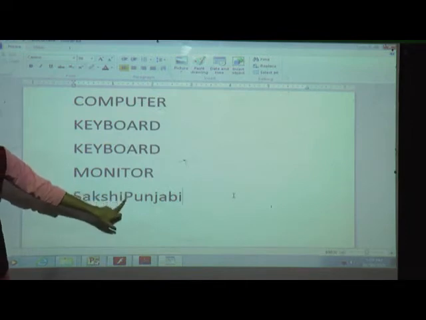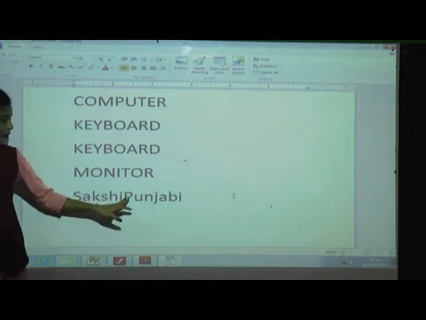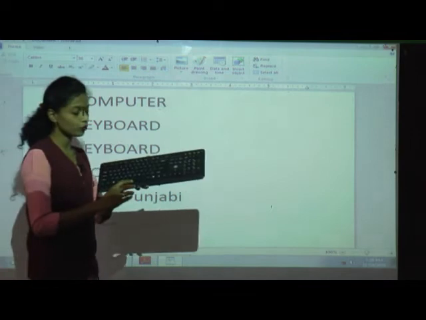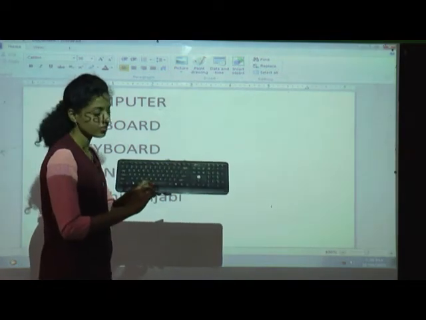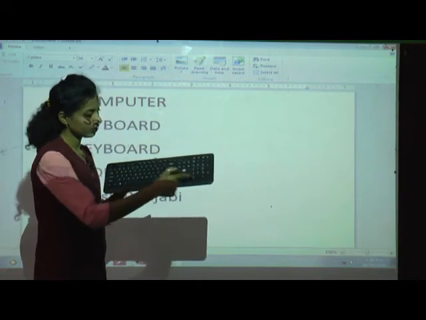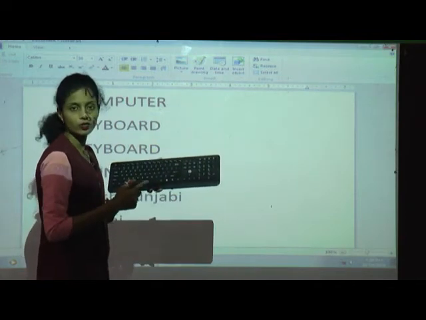Because there is no space, and if you want to give the space, we must use the space bar. We will write here once again, Sakshi. Then we must press this key. Which key is it? The space bar, the longest key on the keyboard.